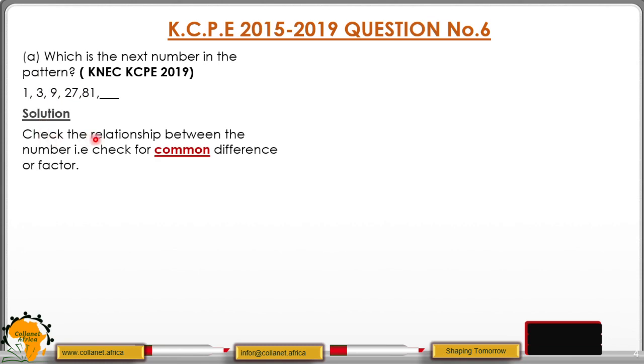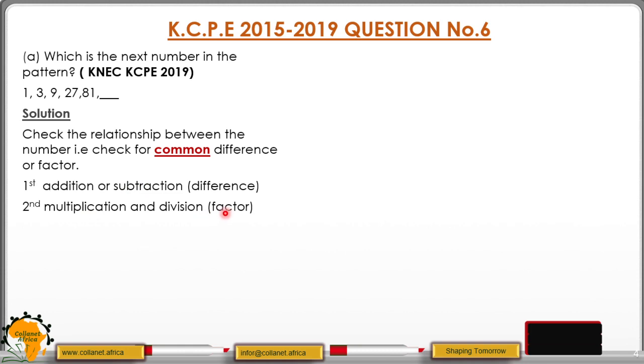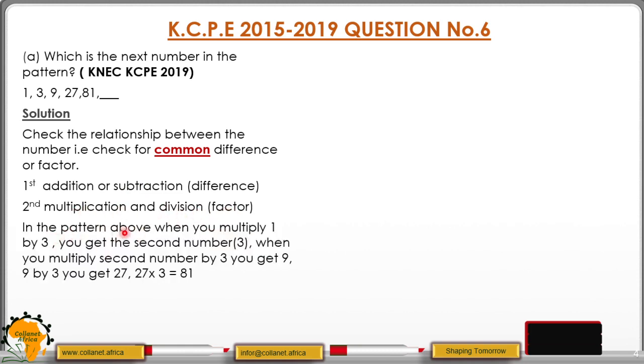Solution. Check the relationship between the numbers, i.e., check for common difference or the factor. So how do you check for common difference? For common difference, you check on addition and subtraction, and then for the common factor, you look at multiplication and division. In the pattern above, when you multiply 1 by 3, you get a 3,